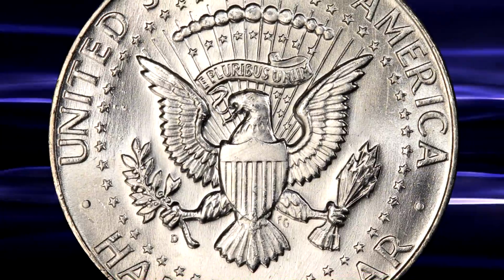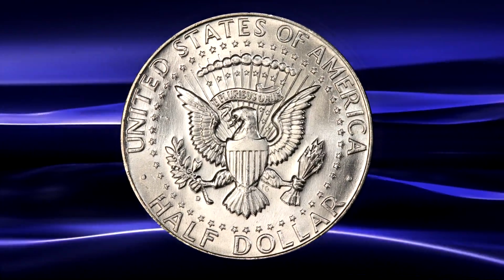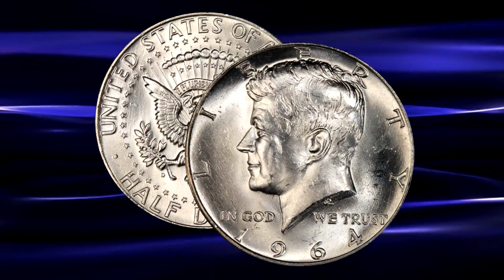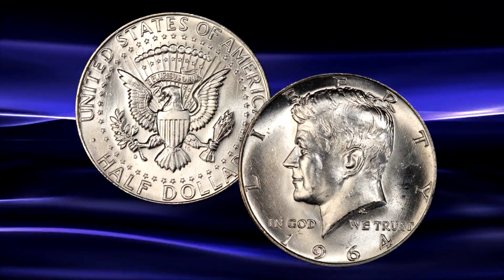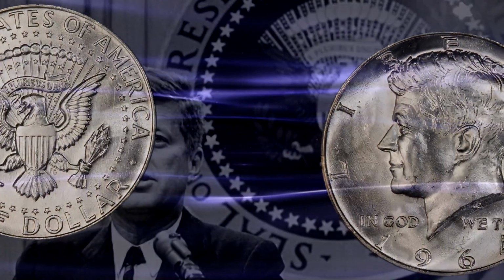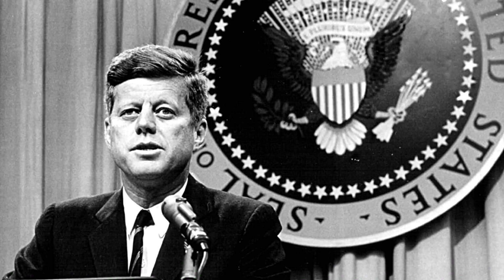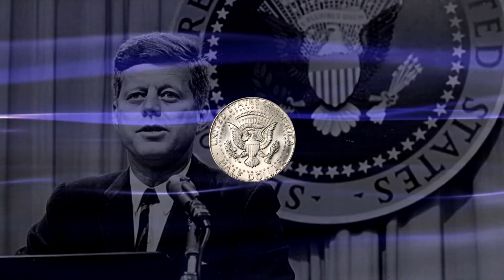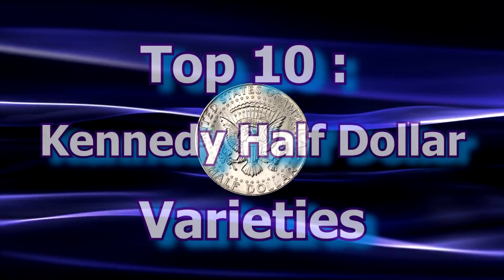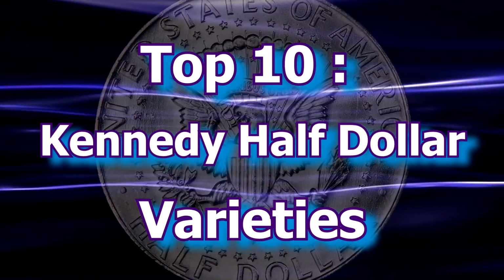The Kennedy half-dollar coin holds a unique place in the hearts and minds of most collectors. Whether it's the coin's somewhat somber origin story or the fact that the denomination is seldom found in pocket change these days, hunting for varieties has especially grown in popularity in recent years for the Kennedy half-dollar as well. In this presentation, I'll be taking a quick look at the top 10 Kennedy half-dollar variety coins and recent prices